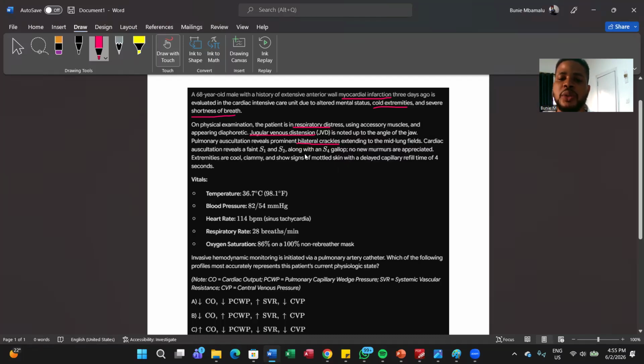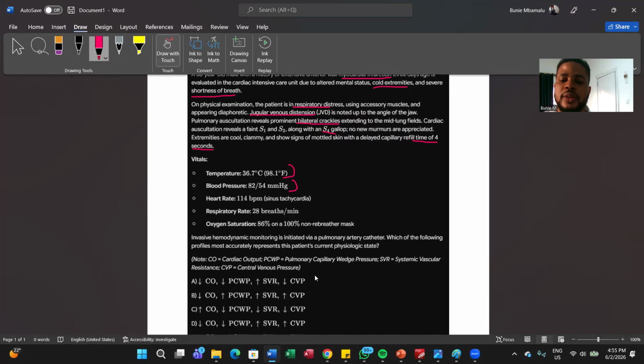We see S1 and S2 are present and faint, with an S4 gallop present as well, which is not unusual in a myocardial infarction. No other murmurs, and we have an extended capillary refill of 4 seconds, which is telling us that we're having some hemodynamic compromise. Temperature is normal. That helps us rule out septic shock. This further adds to a diagnosis of shock, as well as the vitals: hypotension, tachycardia, tachypnea, and